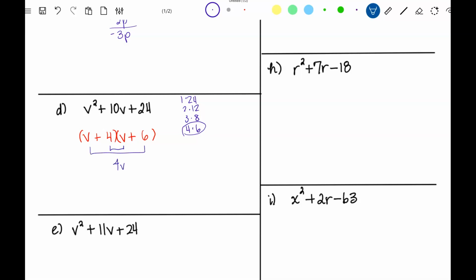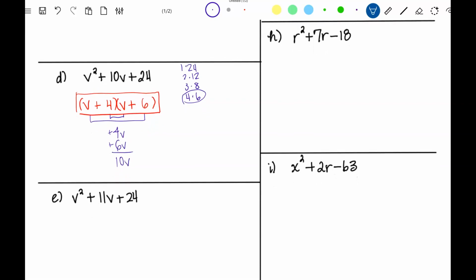The key to doing this factoring correctly is in this checking right here that I'm doing. So E looks almost the same. 24, we don't have to rewrite them, we've got them up here. Now we want the ones that combine to give 11, and that's going to be 3 and 8. And those signs are both the same, and they're both positive. The key is in the checking, though. If you're not sure,